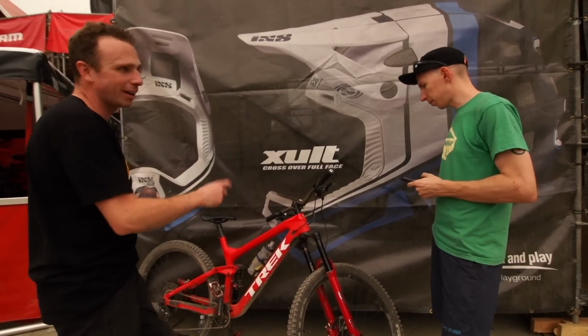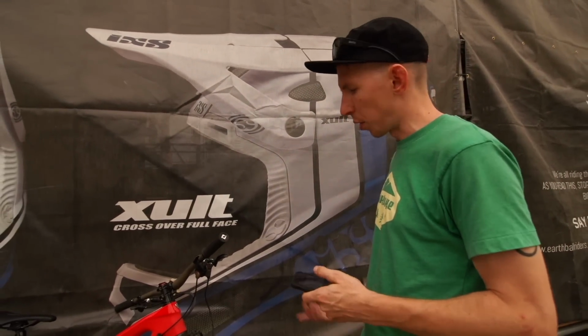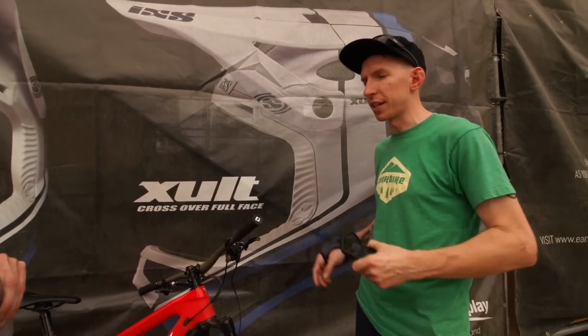Yeah. So that one click of high speed did a lot of difference. Yeah, it could help for sure. And then just a little less air pressure too. You're just sitting a little lower in the travel. I mean, yeah, it says you could add a spacer if you wanted to, which I don't think you need to. You didn't use all the travel. And unless you feel like you're diving, like if you really feel like it's sinking in, sometimes...